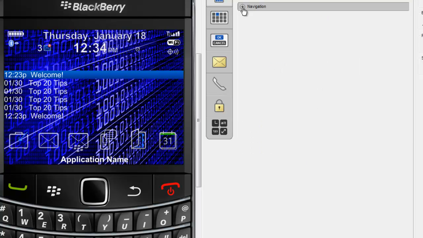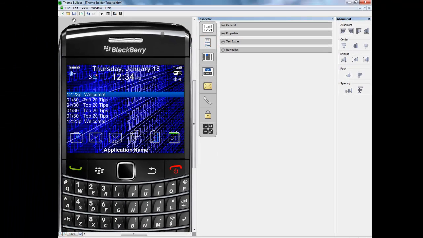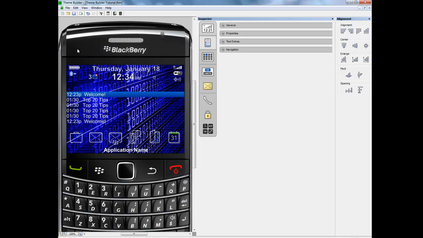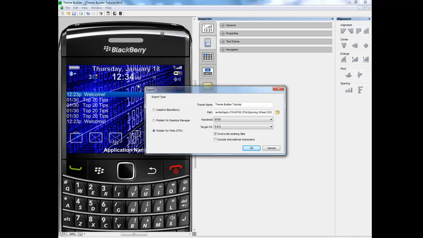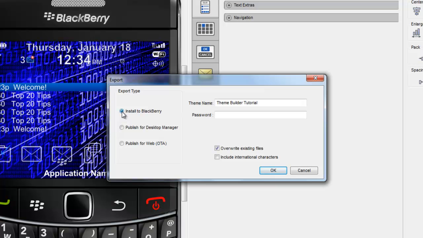Now, hopefully we've got enough time on this to cover exporting your theme. So to export your theme, you would go to File and just go to Export. And my computer is working slow, of course. Here's the box that pops up. So you have three methods of exporting. You have install directly to your BlackBerry. So if you use your USB cord, you can plug straight into your BlackBerry and export this straight to your